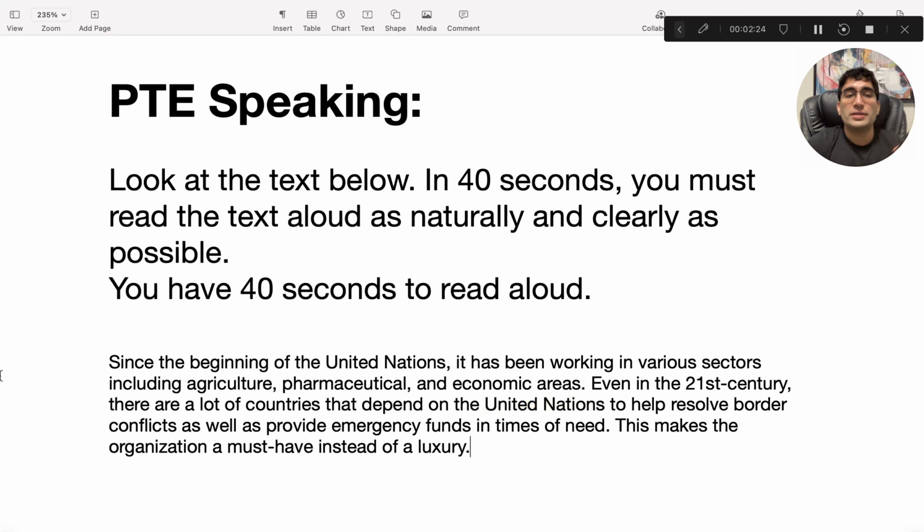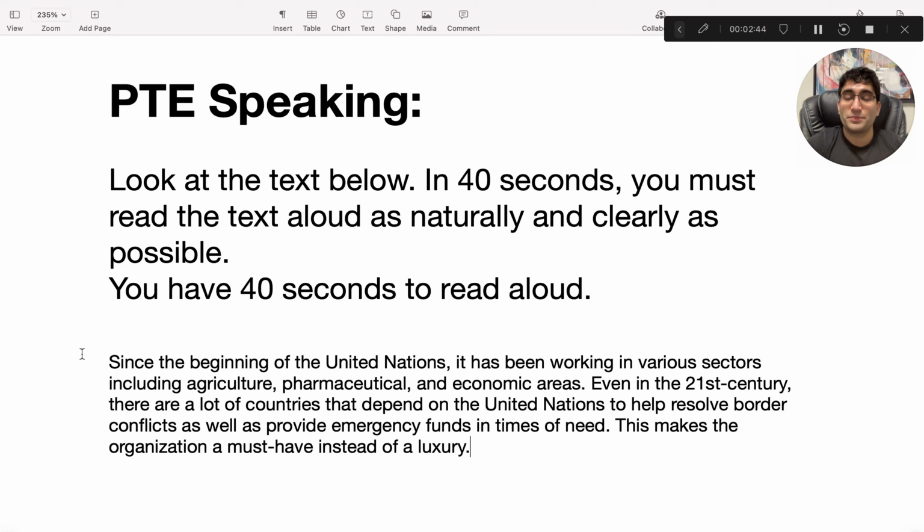Okay, so we're going to take a deep breath. We're going to use our pauses and, sorry, I keep saying that. We're going to use our commas and periods as our hints, and we're going to pause there. Let's start. Since the beginning of the United Nations, it has been working in various sectors, including agriculture, pharmaceutical, and